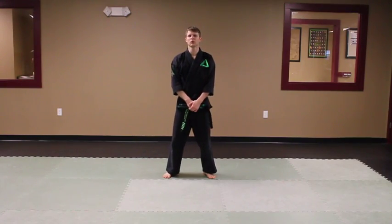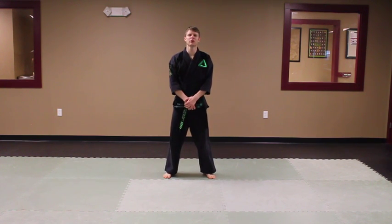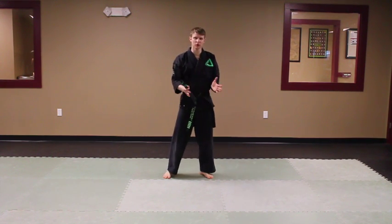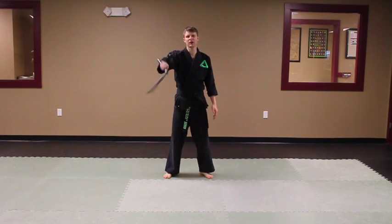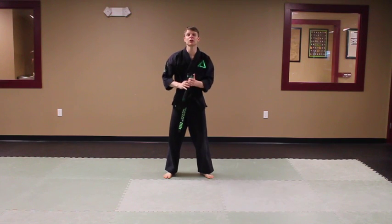All right, let's learn Nunchuck Form 2. If you've already learned Nunchuck Form 1, there's about 3 moves that are challenging and new. So we're going to show those 3 moves. Once you get those 3 moves, it'll be easy to do the whole form, okay? So those 3 challenging moves are the inverted figure 8s, the neck catch, and the intro movement where we do